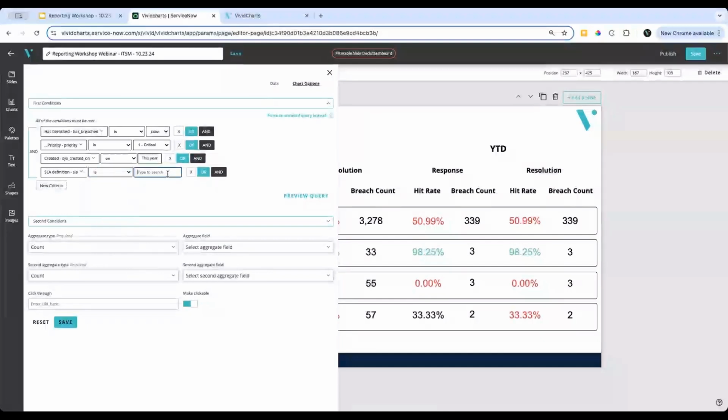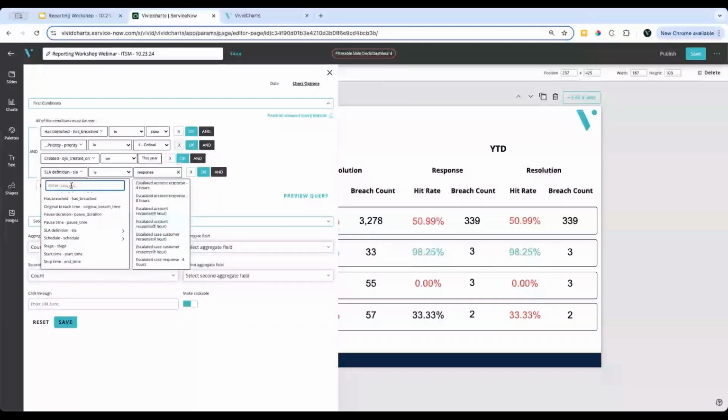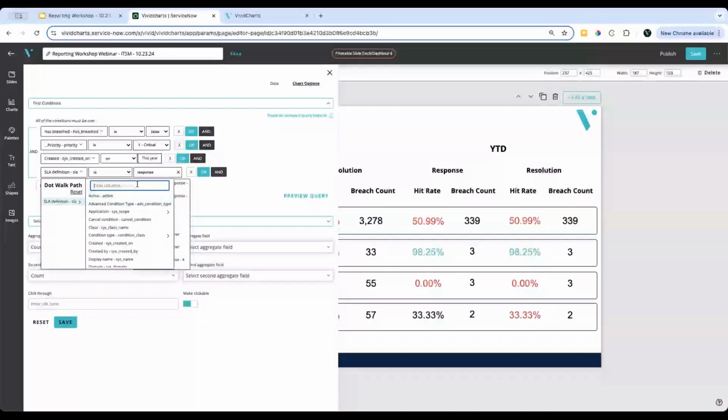So I could come in here and search for response and see which specific SLA definitions I have available here. And I could choose those specifically. That could be useful if you have specific SLA definitions to your organization that you want to isolate. But another option we might have is to pull up the SLA definition and dot walk to that record where